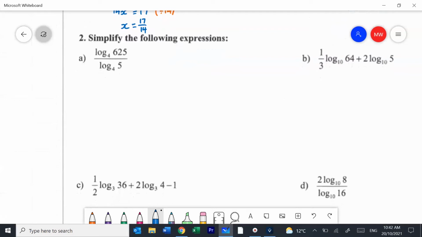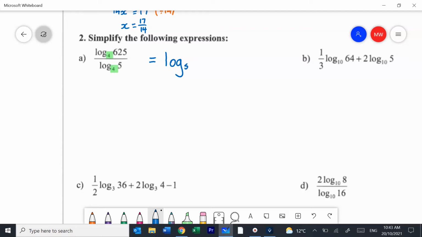We're not solving for x this time, we're just simplifying these as far as we can. So with the first one, we can see that this one will work with the fourth log law. We know these base numbers are the same, and when we've got a division like this, we just rewrite it. So lean on your sheet to get the formatting for this so that you get all of the numbers in the right spots. The answer to this one, when we start to simplify it, just becomes log now to the